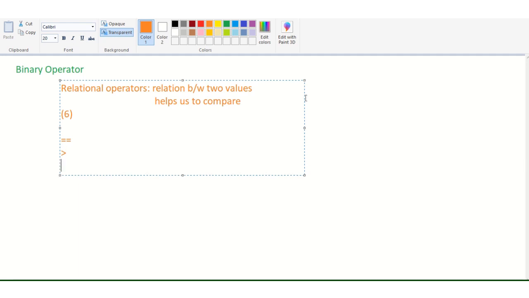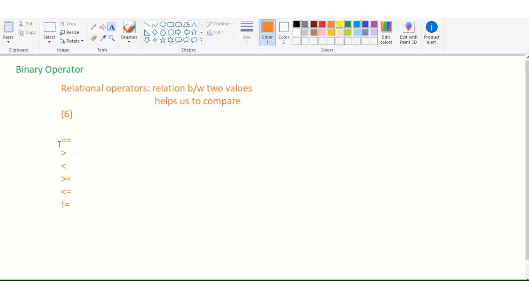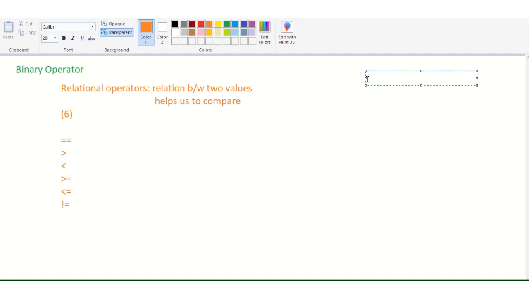Greater than, less than, greater than or equal to, less than or equal to, and not equal to. These are the operators. This is the equal to operator. Again, I am just writing here one more time. This is the equal to operator, and this is the assignment operator.